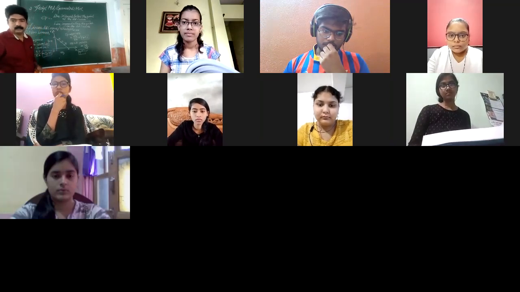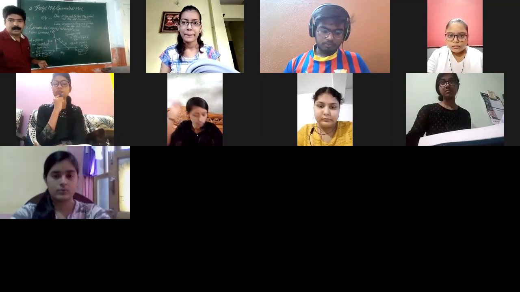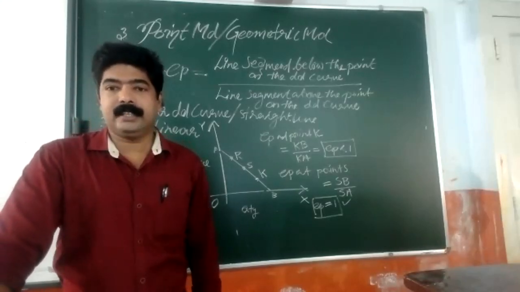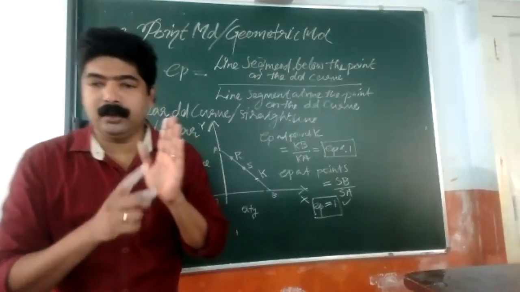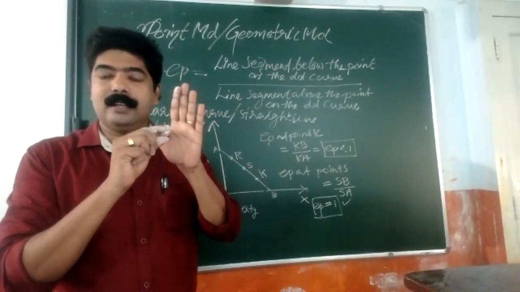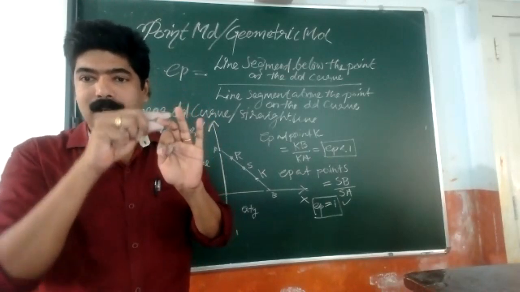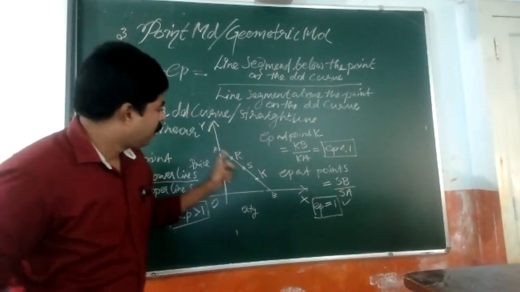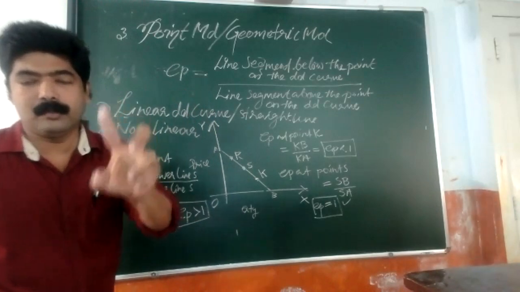Okay. All right. Now listen again. Now you are asked to calculate price elasticity of demand at different points. I told you there are 5. What are those? Equals to greater than 1, less than 1, equals to 1, 0, infinity. Now all the 3 we have done. Now 2 more there. What is the 2 more?